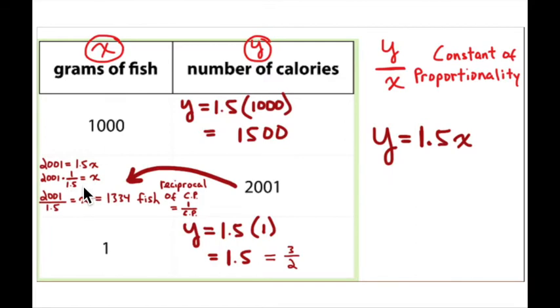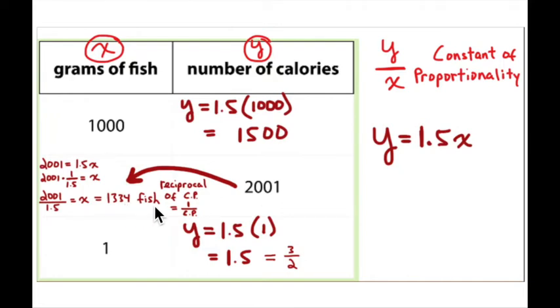If you look at it closely enough, you can see that that's the same as dividing 2,100 by this 1 5/10. 2,100 divided by 1 5/10. So you divide by the constant of proportionality to go in the opposite direction. So 2,100 divided by 1 5/10 is going to equal what x is, and that equals 1,334 grams of fish. So if you have this many calories, you can feed